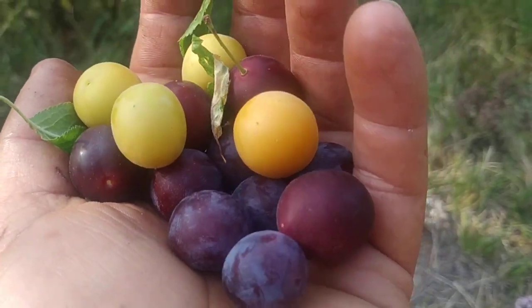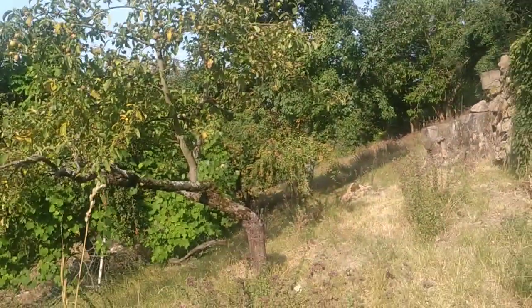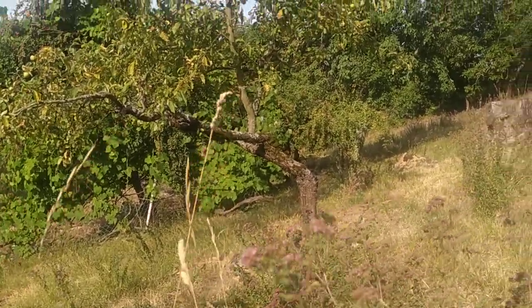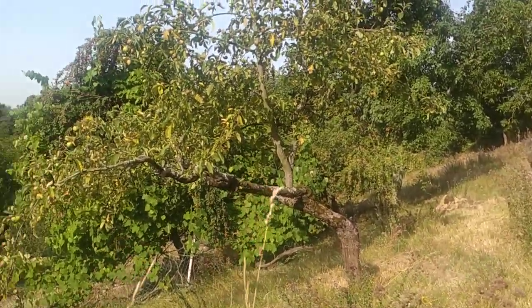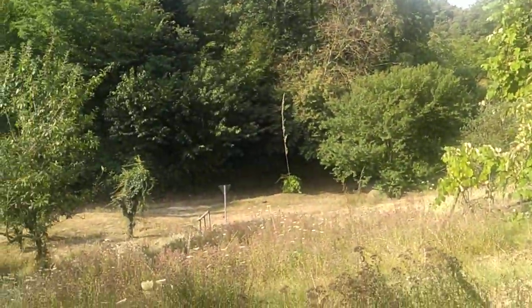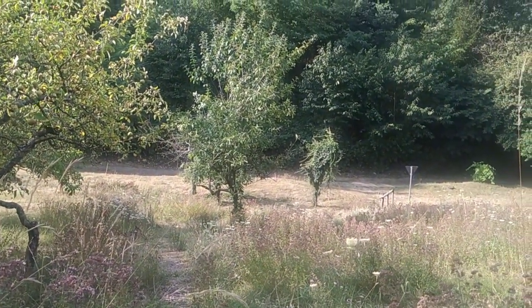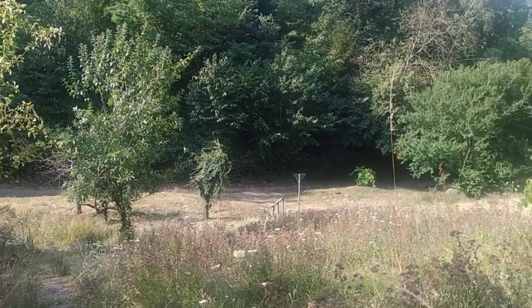The other one, since they are so vigorous, of course, they are being used as rootstock. It's still the basic rootstock for plums. So everywhere you have an old plum plantation, you will basically also find cherry plums from the rootstock. The third thing is,